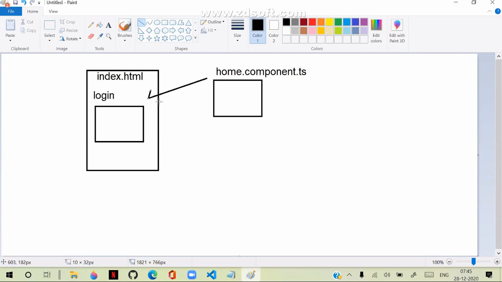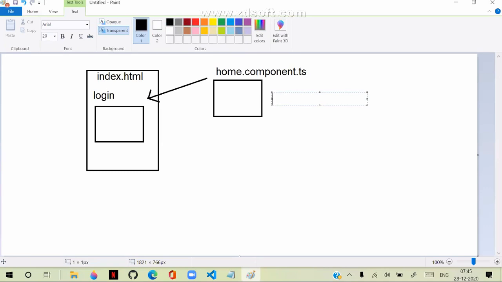The index page can refer to every component by using a selector. Every component needs a selector. This selector will be used by the index page in order to access your component.